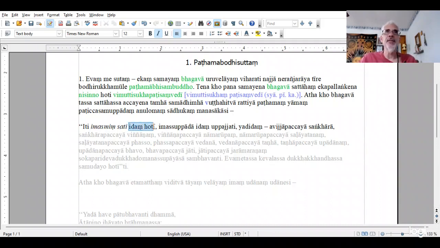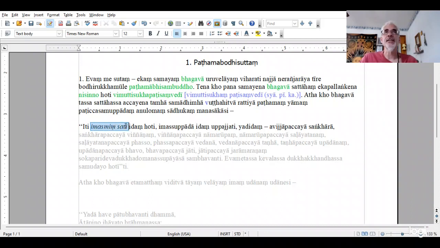So then in the main part of this sentence, idaṃ hoti. So idaṃ, it's really the same kind of word. It's the neuter nominative singular demonstrative pronoun, this, and then hoti, third person singular present active indicative, is. This is, and now you can see why we might want to clarify,